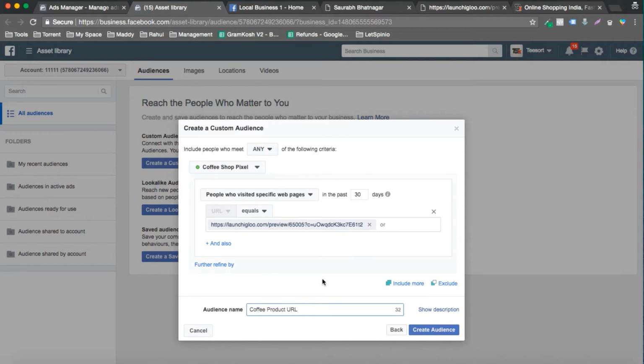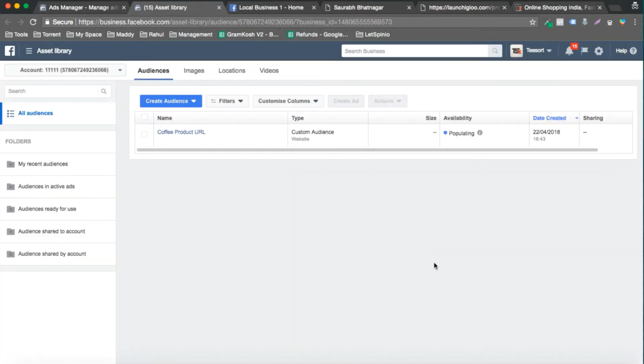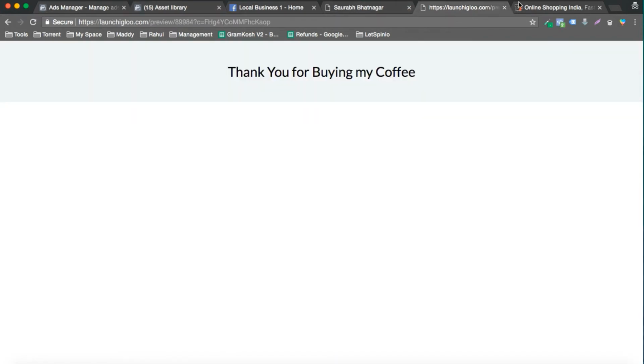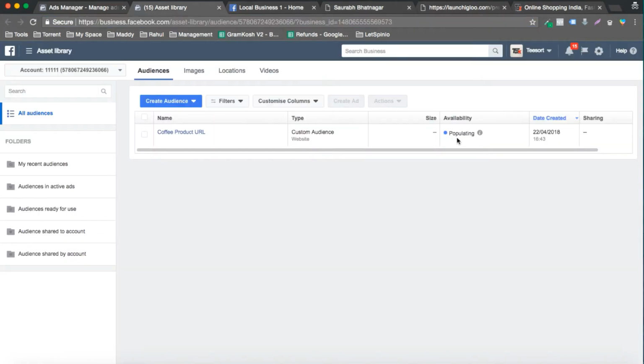Now I will click on create audience. Facebook will start populating this, but there's no activity on this page, so you won't see a lot of people being shown over here. But this is how you will create your custom audience. You upload your URL inside Facebook and tell Facebook to make an audience for this page.